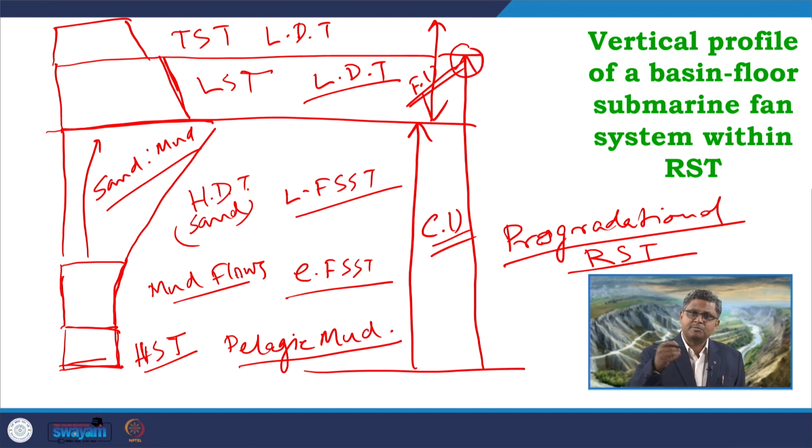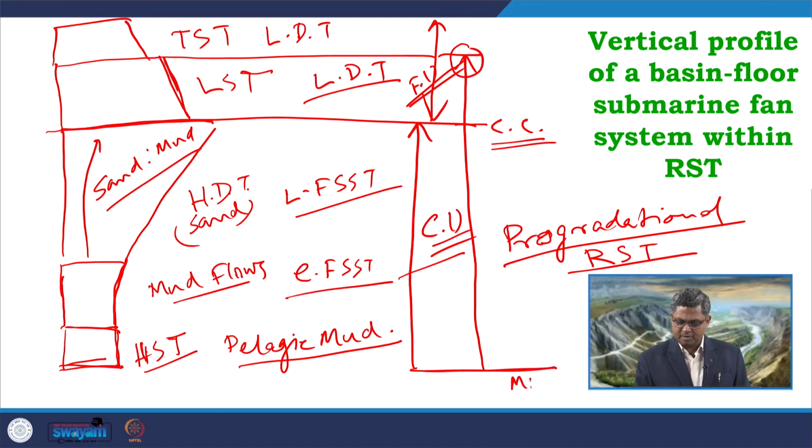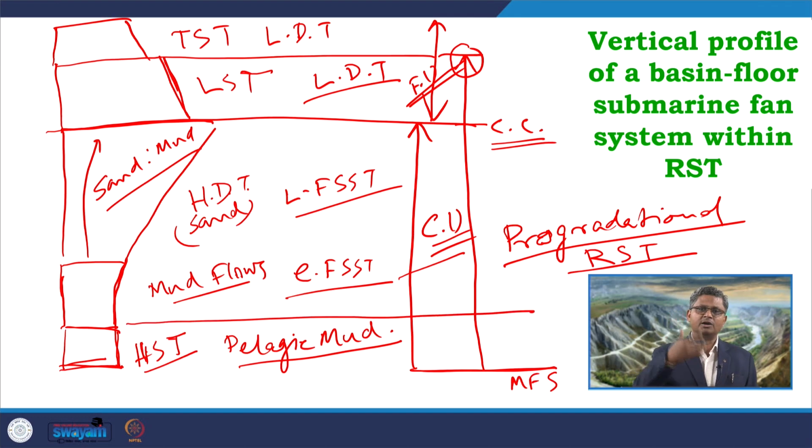So, in terms of grain size distribution, we get initially coarsening upward, which is leading up to the end of the late phase of forced regression, late phase of falling stage systems tract, and this surface will be called as the correlative conformity surface. This surface is definitely the maximum flooding surface, and this changeover from HST, that is the deposition of pelagic mud, to start off the falling stage, that particular surface is definitely the BSFR surface.